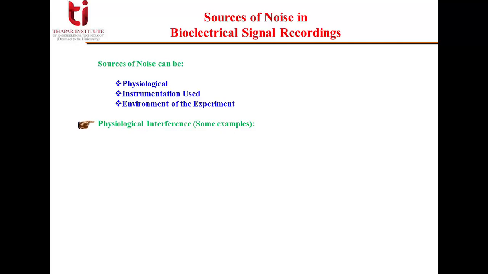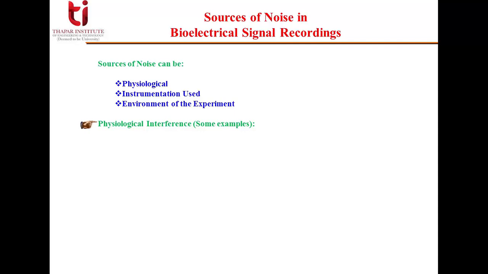The human body is a complex conglomeration of several systems and processes. Several physiological processes may be active at a given instant of time, each one producing many signals of different types. A patient or experimental subject may not be able to exercise control on all physiological processes and systems. The appearance of such signals may be termed as physiological interference.